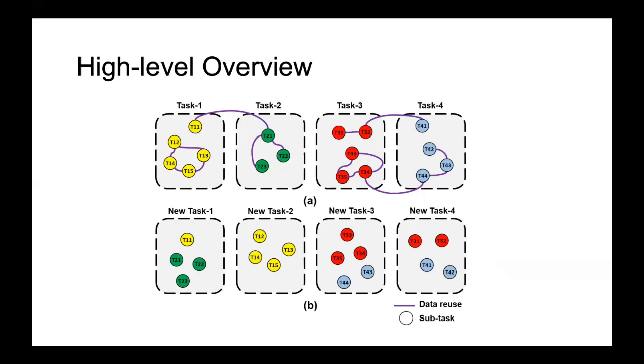And the purple line actually connects the subtasks to indicate the data reuse between the subtasks. As you can see, in the original task organization there are reuses or data sharing across the boundary of the original task. For example, T11 has a data reuse with T21, but T11 resides in task 1 and T21 resides in task 2. So in this case, if one wants to really achieve data locality across these 2 subtasks, we need